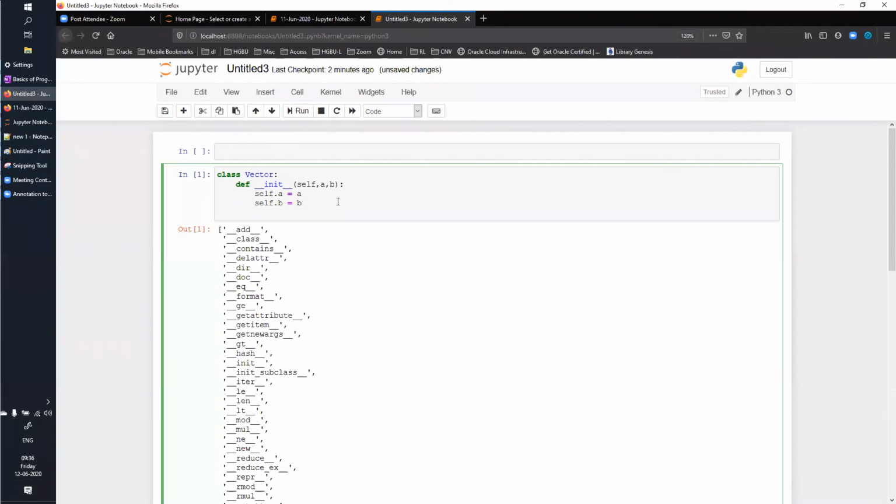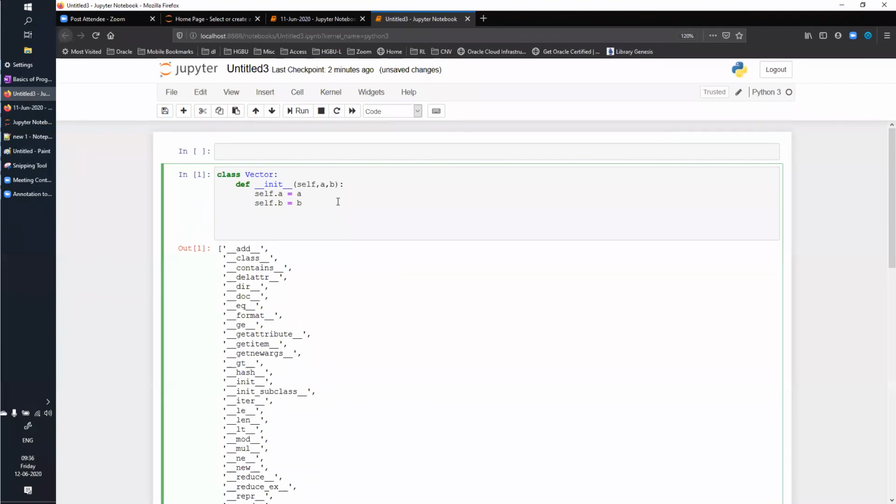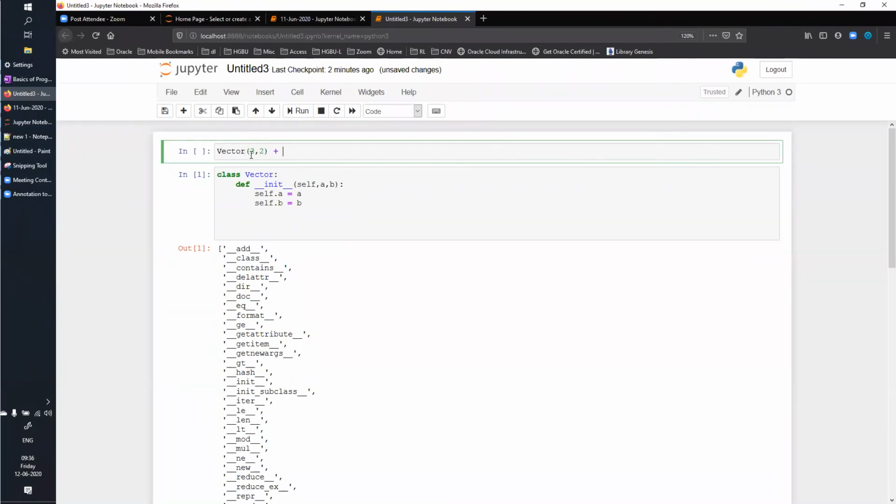Okay. Now what I can do is override some of the functionalities, how vector addition will work. So let's say I give Vector(3,2) plus Vector(2,3). The output should be Vector(5,5). This is what I want to mimic.